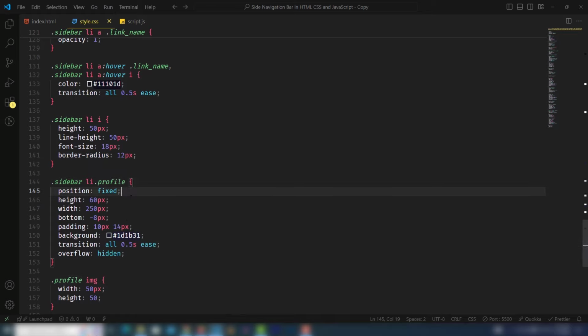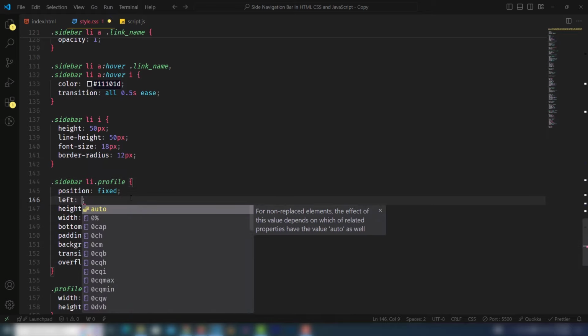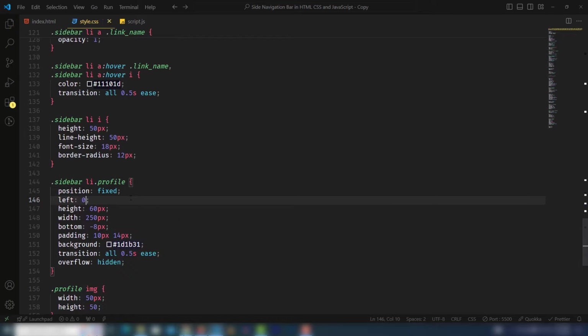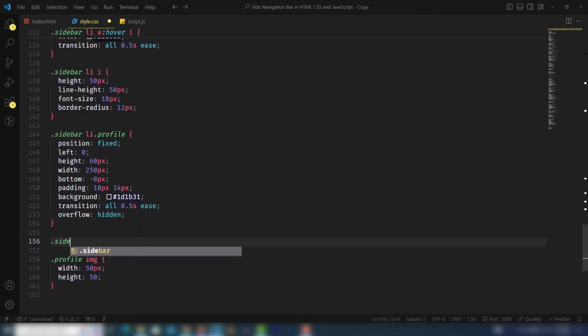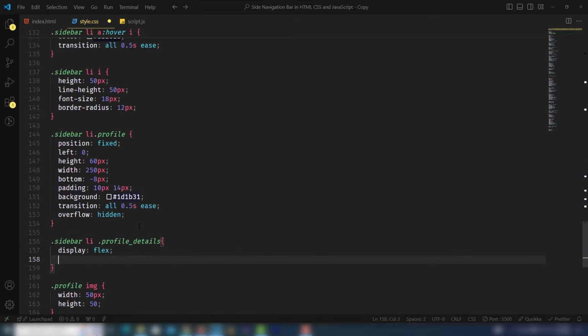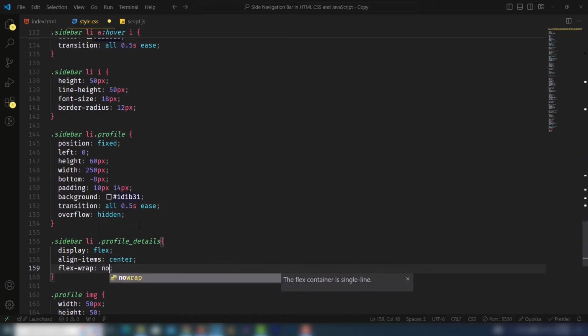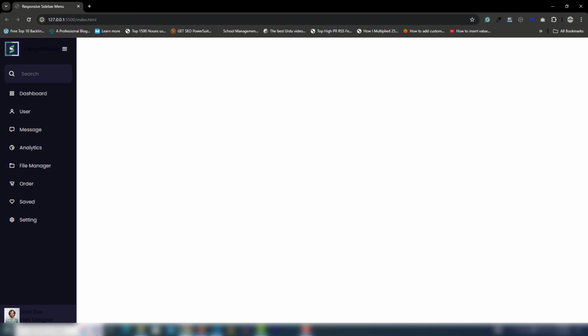So I will use position fixed, so it will move to the left: 0, so it will move to the right side. Okay, let's see the content that appears inside there. So I'll use sidebar, align, profile, I'll use display flex, align-items center, flex-wrap no-wrap. Right, the content has also appeared,